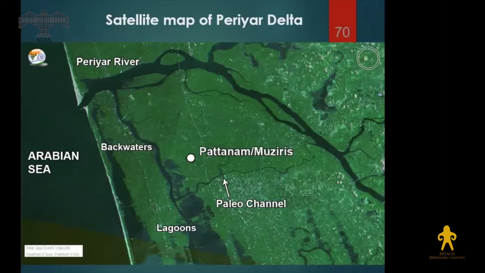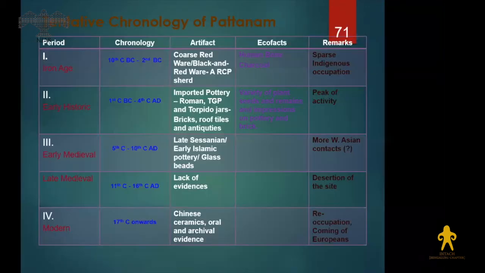For long, there has been debate about the location of the ancient Musiris. Our excavations at the site of Pattanam brought out a lot of important information, helping us to understand the urban character of that particular town. It has been identified with Musiris, but there are debates. It is not necessary that this was Musiris. In fact, this could be part of Musiris. Probably Muziris or Musiri refers to the entire region of the Periyar Delta, of which this is one particularly important